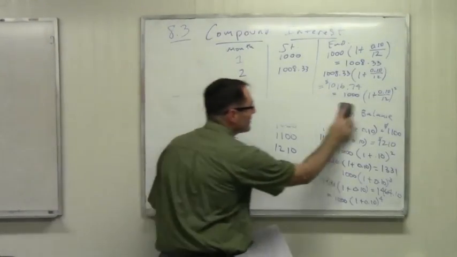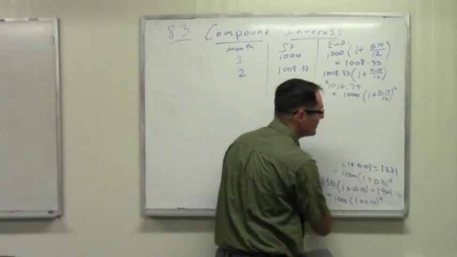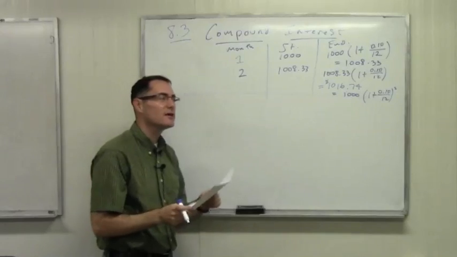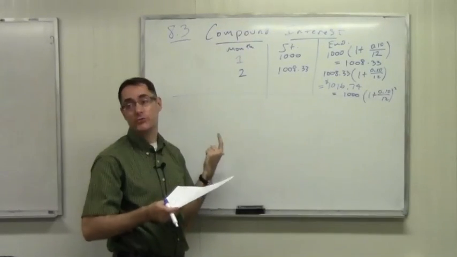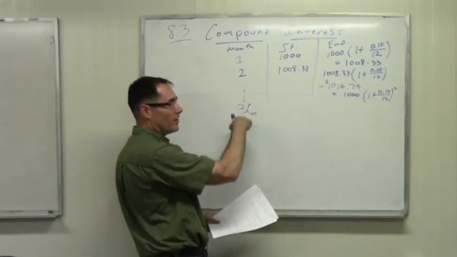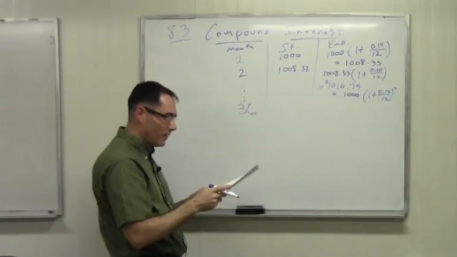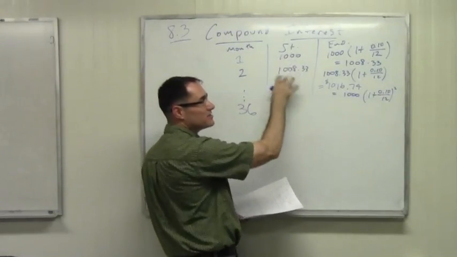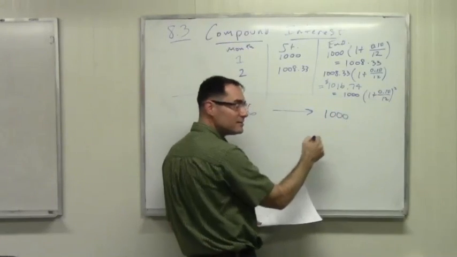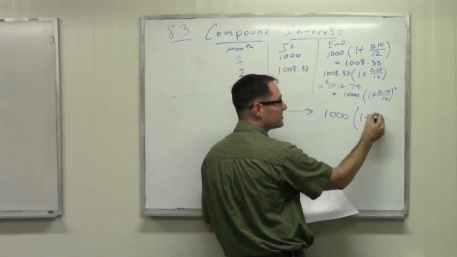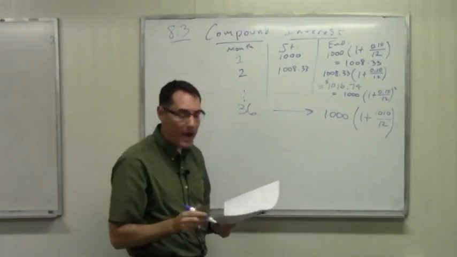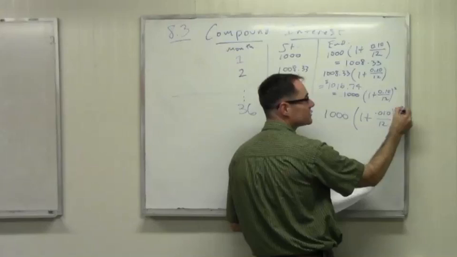So let me show you what would happen after 3 years of this. This is every month. How many months is 3 years? 36 months. So we go all the way down to 36. Well, it turns out that we don't need all these starting values. We only need one starting value because we know it's going to be 1,000 times 1 plus 0.10 divided by 12, raised to the number of years times